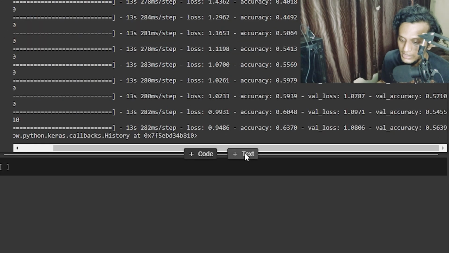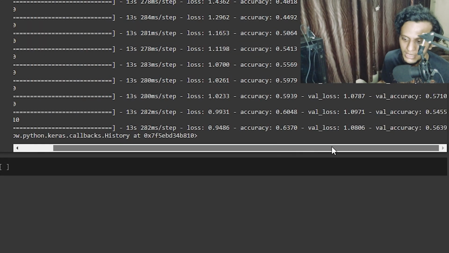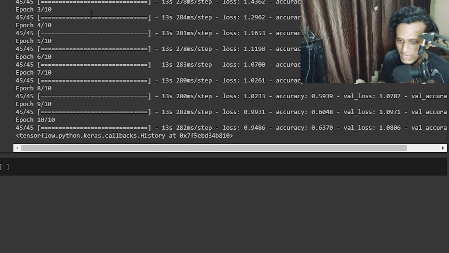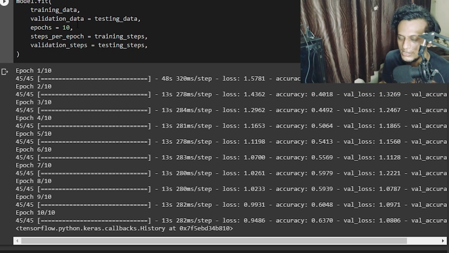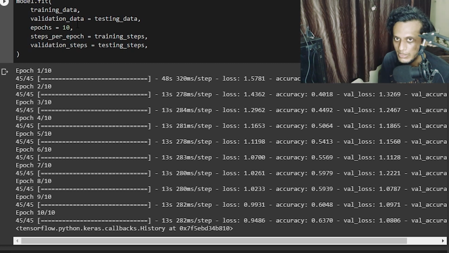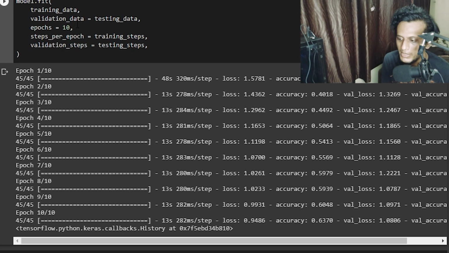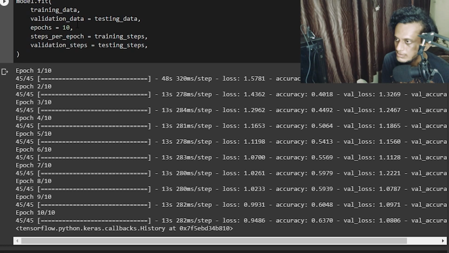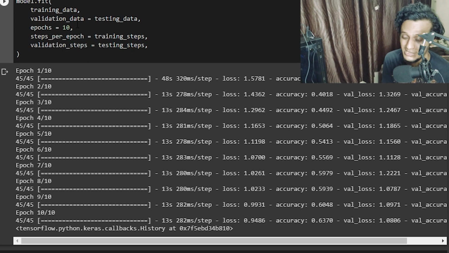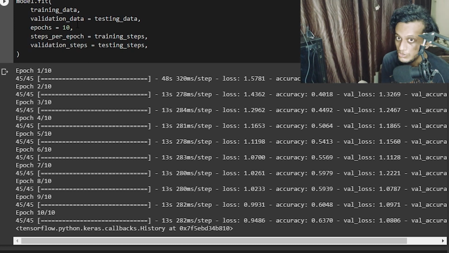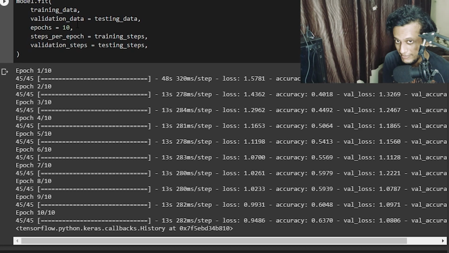And I will teach you how to tackle each and every single aspect of it, and we will try to reach a higher accuracy, because there are many things associated with deep neural networks. It is not easy. Experimentation is one of the things that you can do, but there are so many things. You have to tweak the hyperparameters, you have to look at the layers, you can increase the neurons, you can use regularization. I'll come across all of these terminologies in upcoming videos, because there is a lot to cover. We have to make this model quite efficient.